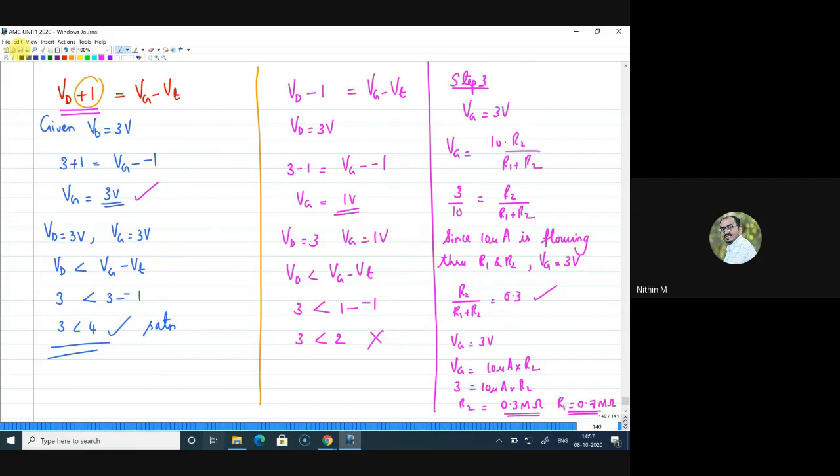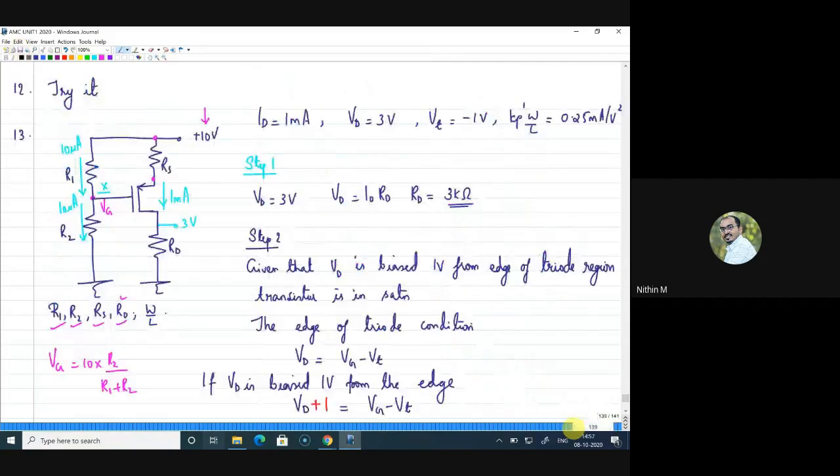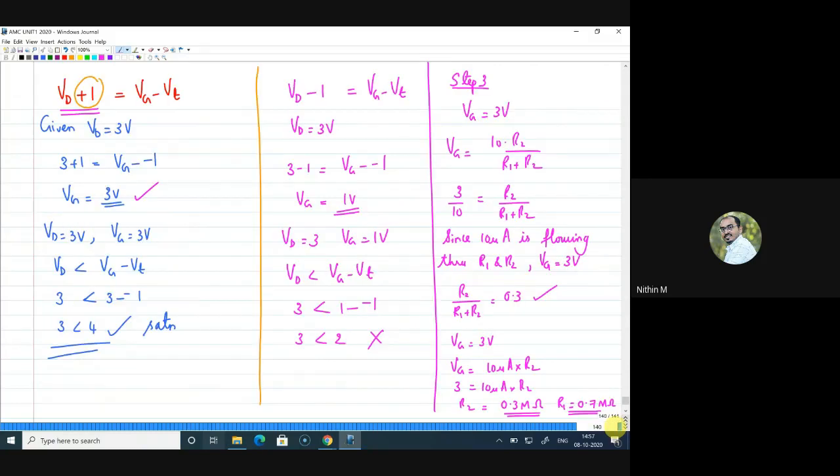But one more thing given, the Vg voltage is 3 and the current flowing through R1 and R2 is equal to 10 microamps. Now what is Vg voltage? Vg voltage is also the drop across R2. What is drop across R2? Current into R2 value. So now I know Vg is 3, current is 10 micro. So what is R2 value? R2 value is 3 divided by 10 microamps, right? So like that you will get R2. If R2 is there, you can find what is R1 from the previous ratio.